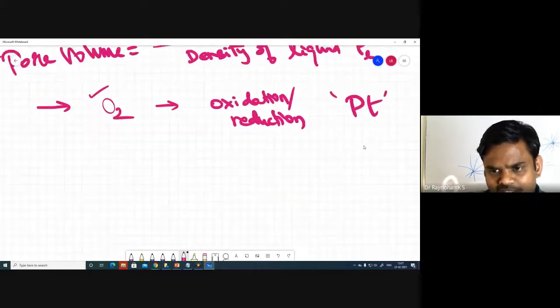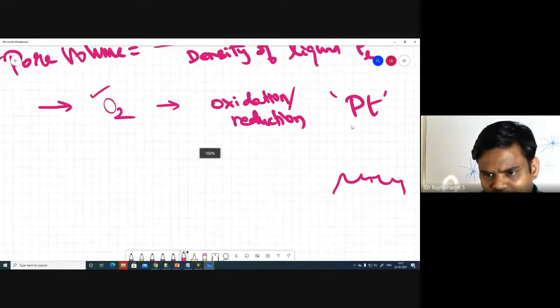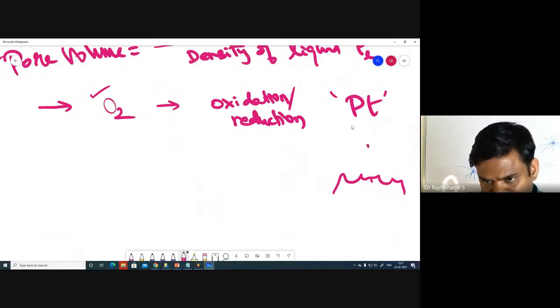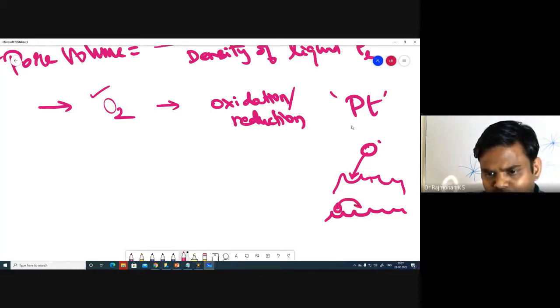That means it has more active sites. We have seen that adsorption takes place on the active sites. There will be active sites present on the surface, so the oxygen molecule will get adsorbed onto the surface. Then this molecule will diffuse by surface diffusion. We have seen what surface diffusion is: an atom moves from one active site to another active site, at time t equal to 1 it moves here, and at time t equal to 3 it moves to the next site. That is surface diffusion, which we discussed in the previous lecture. Please refer to lecture number 15.